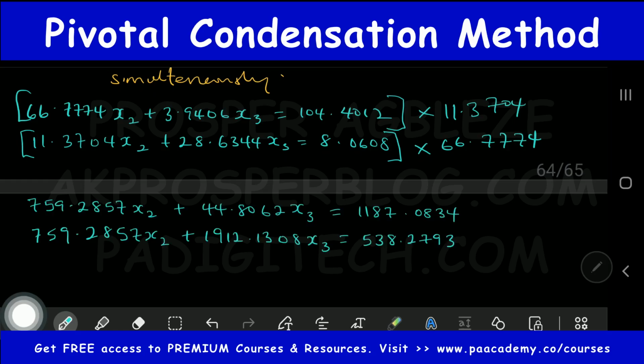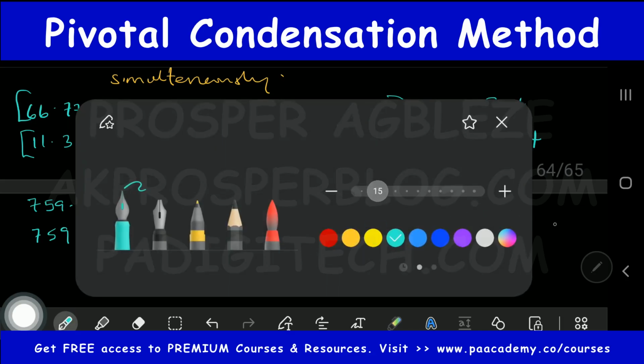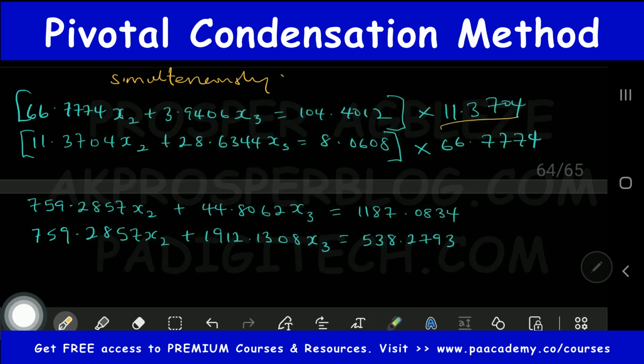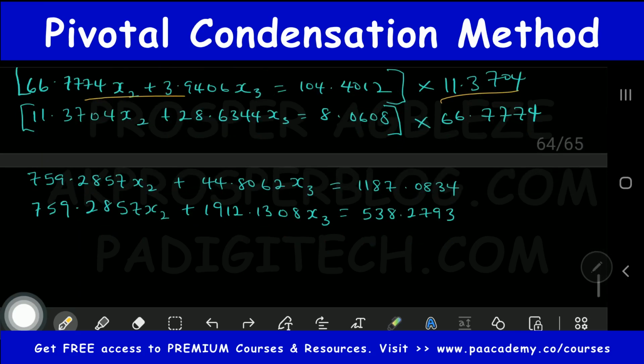Okay, so I've gone ahead to do the multiplication. So like I said, if you multiply it appropriately, hold on just a minute. If you multiply this with everything here, we are going to get this. If you multiply 66.774 with everything inside this square bracket, we are going to get this. I've gone ahead to do that to save us some time. So we now have a new set of equations. Let's call this our equation 10, and then let's call this our equation 11. For us to cancel this, what we just do is to subtract them. Once we subtract them, this cancels out. So we are left with